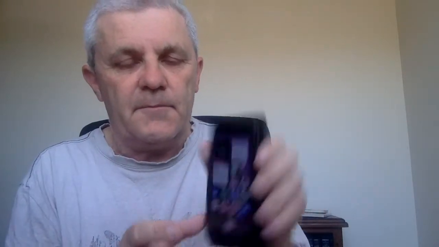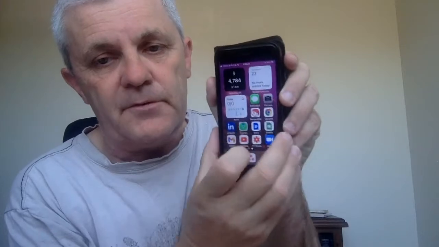But what I'm going to show you here is how I choose which apps are going to make it onto my mobile phone. And this can apply even if you're using an Android or something else. Now, often when people do these, they will choose the most frequently used apps. And in a sense, that kind of makes sense. But if you want to get rid of something, if you're finding that you're spending too much time, for example, on social media, then what you probably want to do is create some friction for yourself, make it a little bit more awkward. And so that's a very important key to my mobile phone.